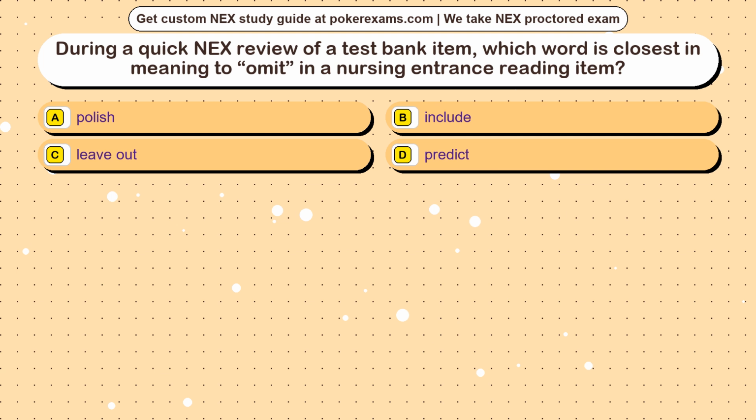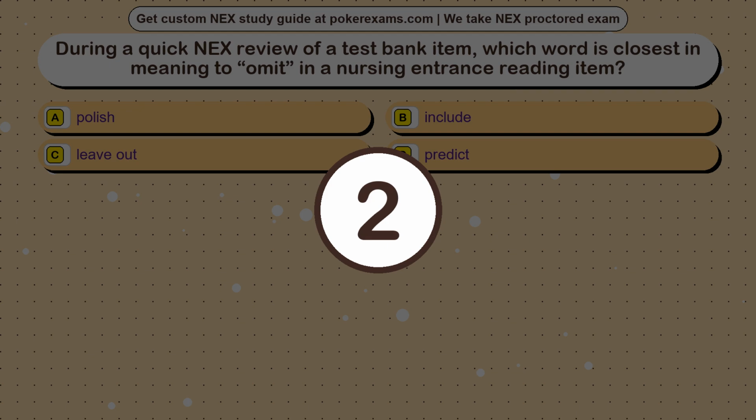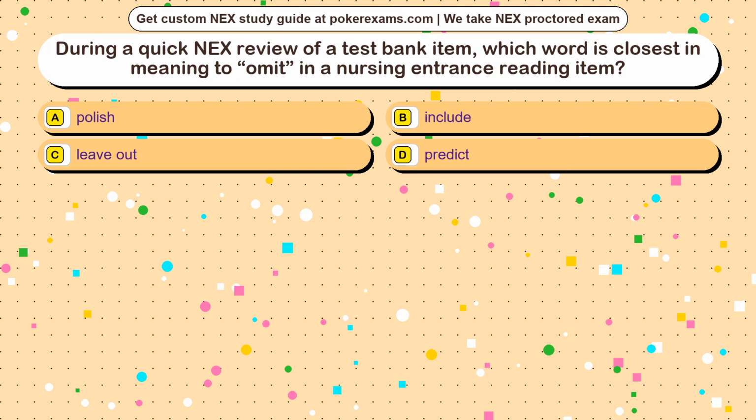Question 2. During a quick NEX review of a test bank item, which word is closest in meaning to omit in a nursing entrance reading item? Option A, polish. Option B, include. Option C, leave out. Option D, predict. The correct answer is option